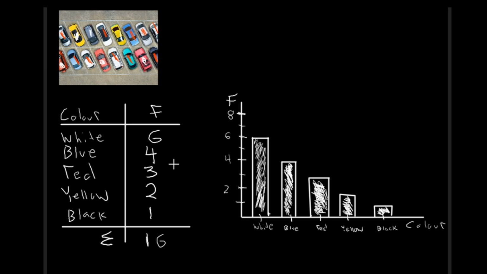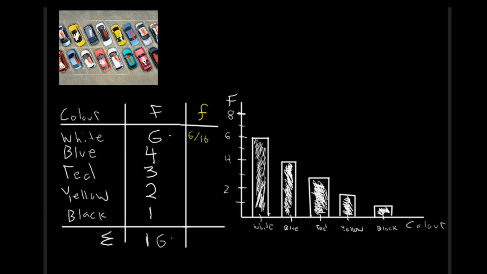Next, we can also take a look at the relative frequency. So instead of the absolute frequency or the actual frequencies we have here, like, hey, we had 6 white cars, we could choose to display this in terms of relative frequencies instead of actual frequencies. To obtain this relative frequency, all we're going to do is take the actual frequency and divide by our number of observations. So that would be 6 over 16,